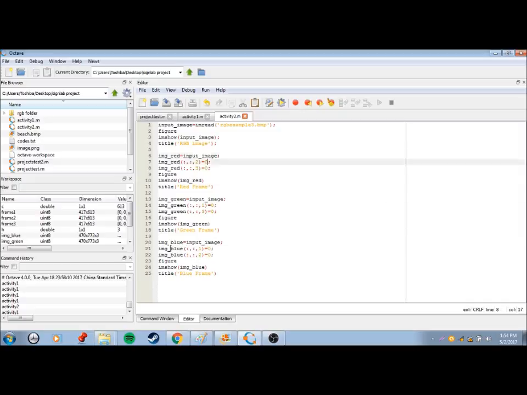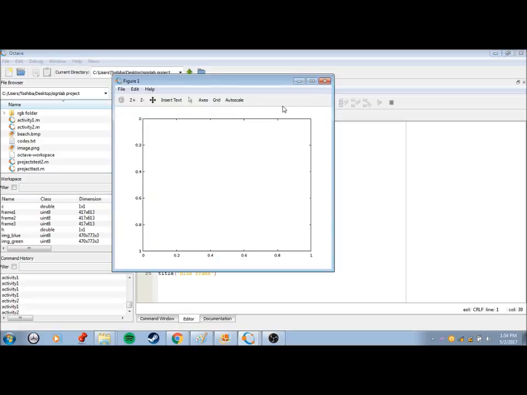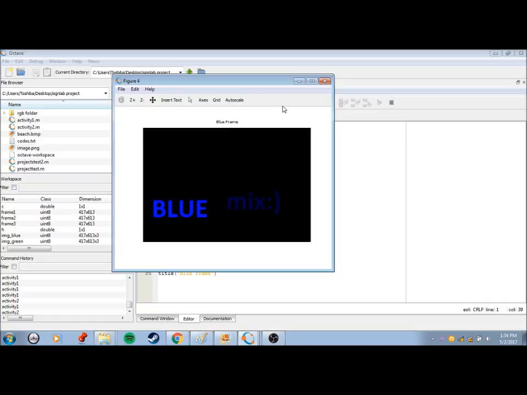Now what do we mean that we can access the red, green, and blue frame? Let's run the program. As you can see, this is the blue frame.